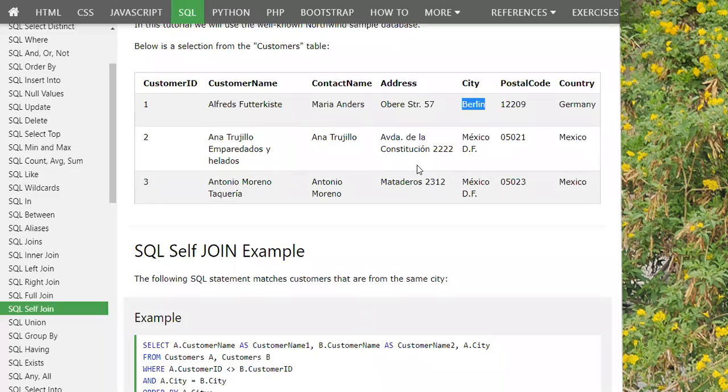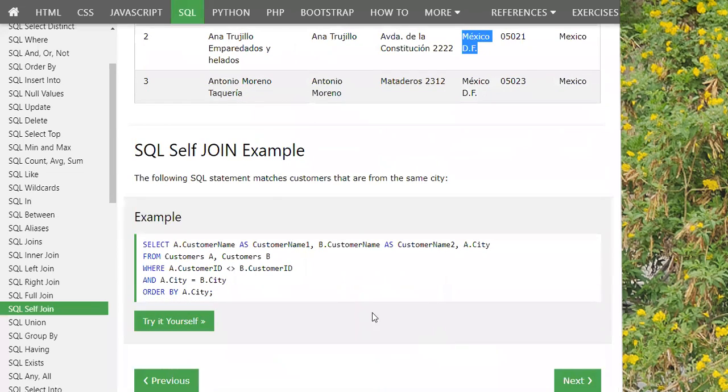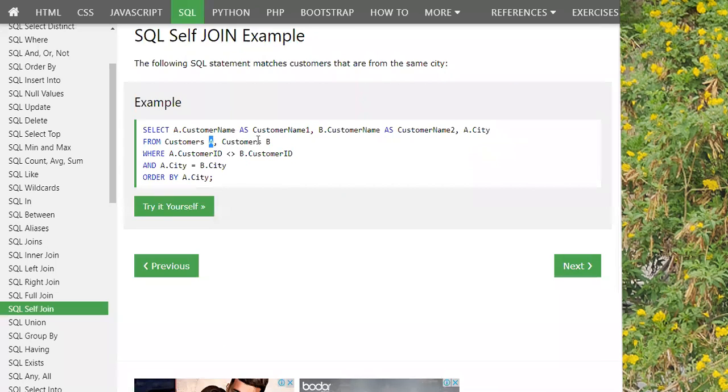For that customer A, this table will be referred to the first time as this, and then B would be referred to, where all the other tuples where Berlin is there would be seen. Every time this tuple's city would be found, and the second time it will check all the tuples where this city matches. That is why the same table is referred to twice, and it is aliased as A and B.